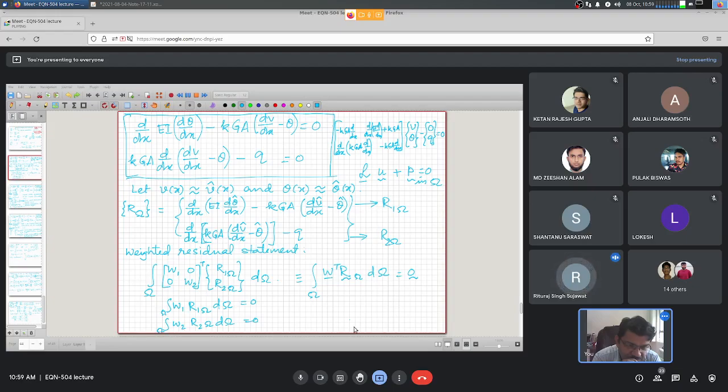So with one weighted residual statement, we are getting one equation, and with another weighted residual statement, we are getting another. So if you want to find the displacement... No, please repeat, what did you say? With one weighted residual statement, we will be getting one approximate function. See, these weighted residual statements are not independent. The governing differential equation itself is a coupled governing differential equation. You cannot solve these two differential equations independent of each other.